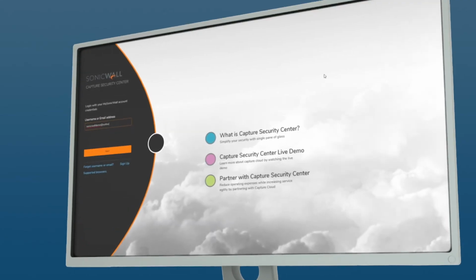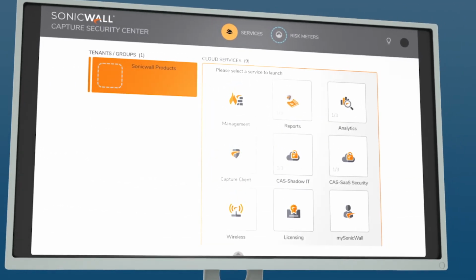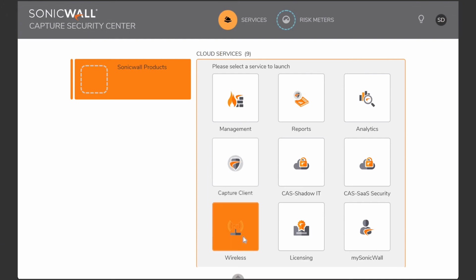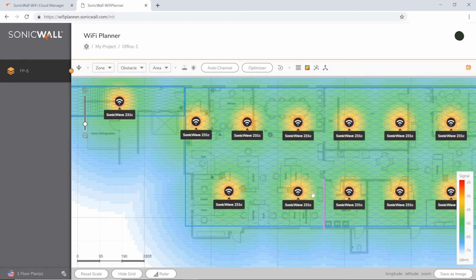You can also save up to tens of thousands of dollars, as well as avoid the complexity of physical wireless controllers by managing your entire wireless infrastructure through Capture Security Center, SonicWall's single sign-on, cloud-based management portal. Wi-Fi Cloud Manager provides a user-friendly interface that simplifies network access, control, and troubleshooting, and includes SonicWall Wi-Fi Planner, an advanced wireless network design tool that lets you upload a floor plan and develop an optimized access point map based